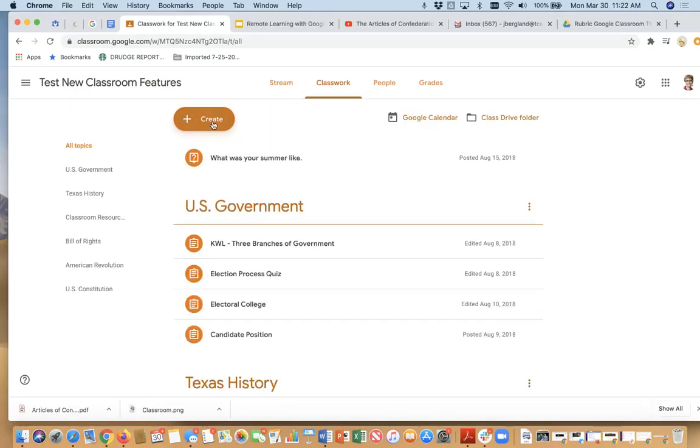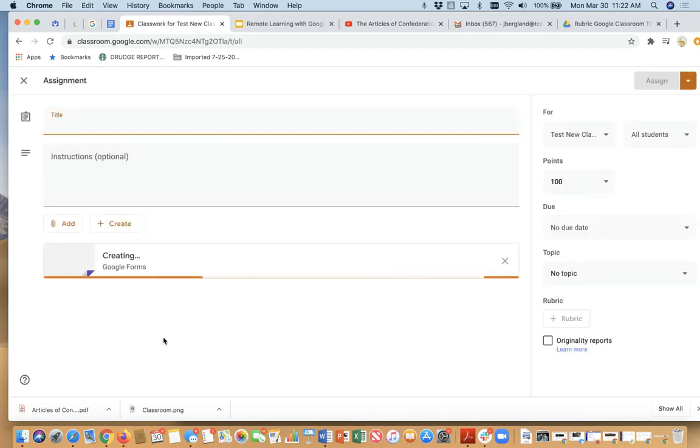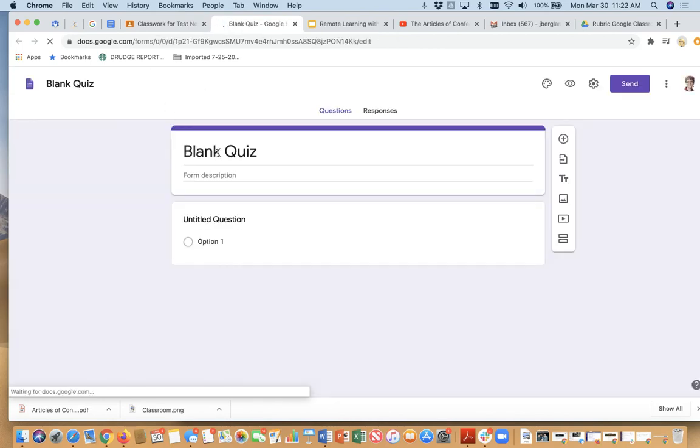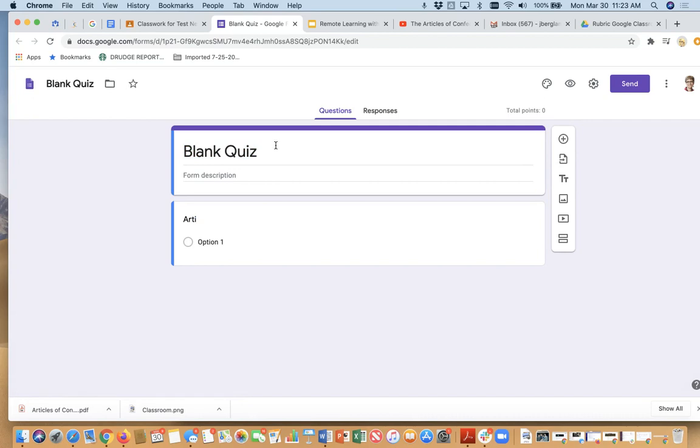So now let's go look at the next type of assignment, which is a quiz. Now, a quiz is going to immediately open up this blank quiz. If you have already created a quiz for this particular assignment, you can click over here on X and that will delete that. However, I have not yet created this quiz, so I am just going to title it Articles of Confederation,